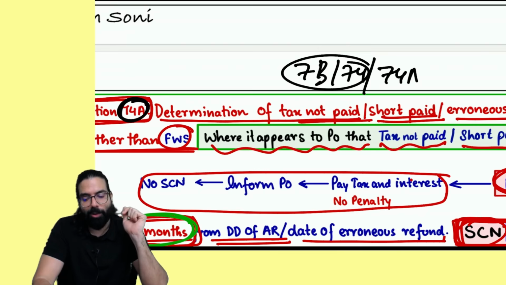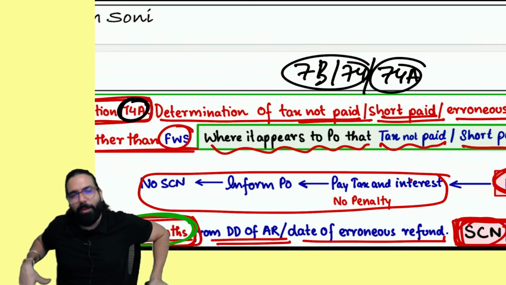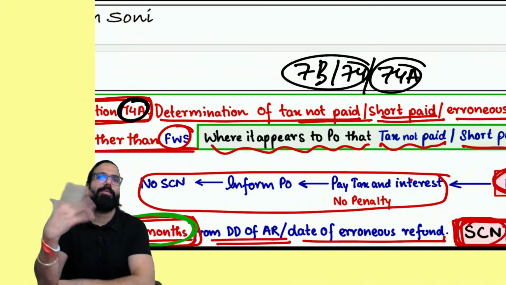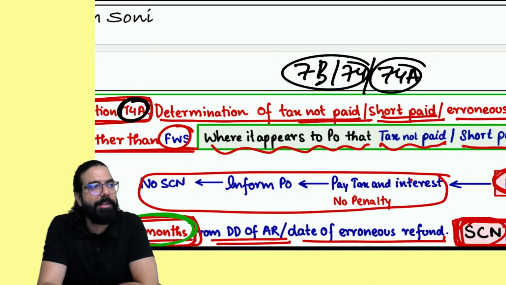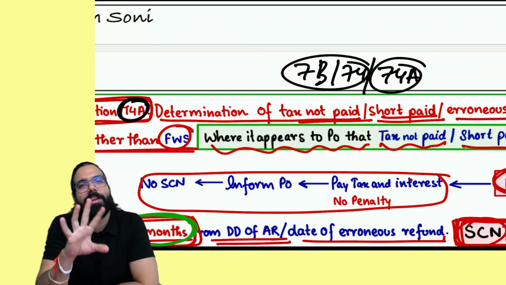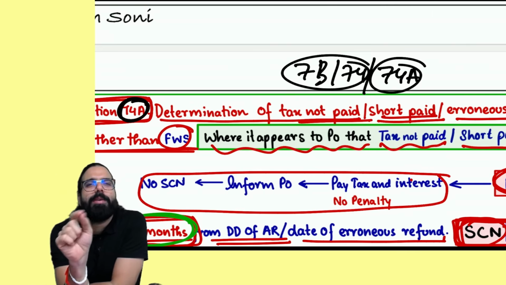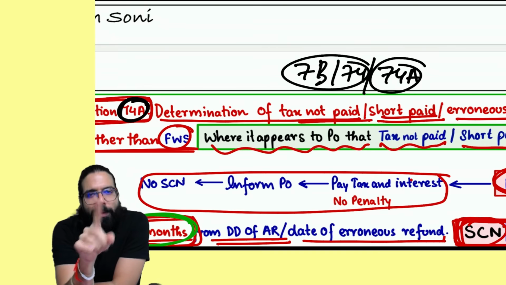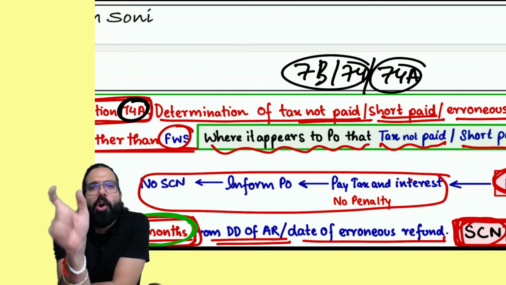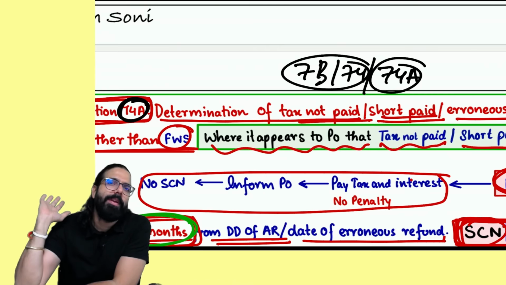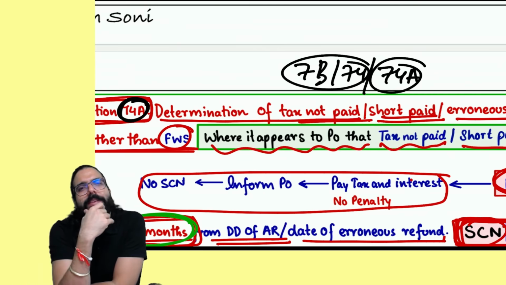Now, 74A is also added. Everywhere, wherever it was told 73 or 74, now it is 74A. I have not given those points as an amendment because it is not an amendment. In the whole GST Act, a lot of places where section number 73 or 74 was written, now one more section has been added: 73 or 74 or 74A. For example, I told you composition is given.